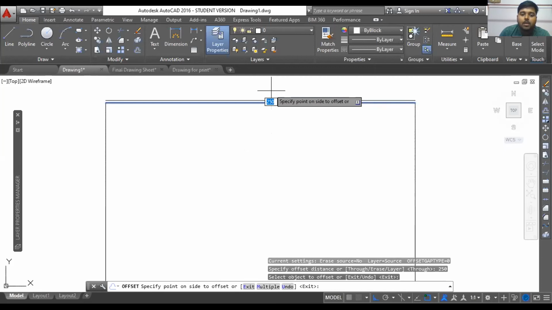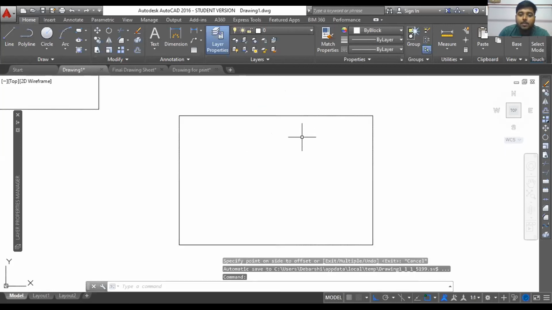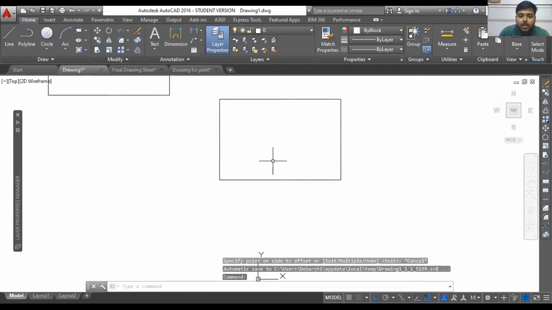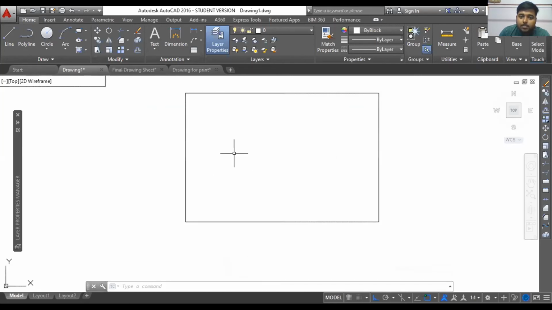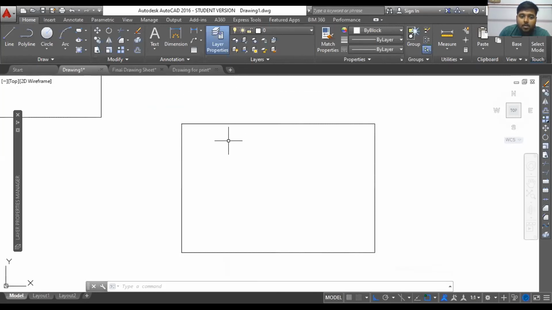So obviously I'll offset and show the walls inside of my plot, not outside of the plot. And this is a built-up area I'm considering. If your site plan is 30 meter by 20 meter, obviously inside this area you have to first keep the offset that you want to provide. Okay, let's start in that way also.